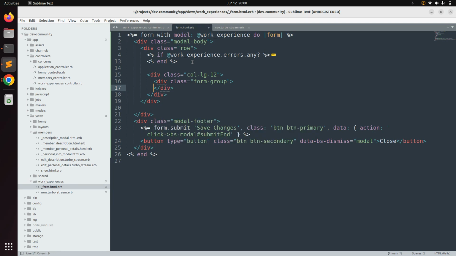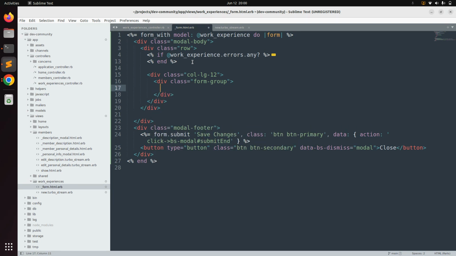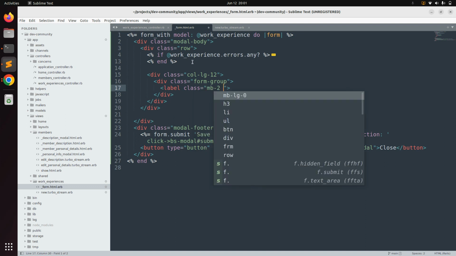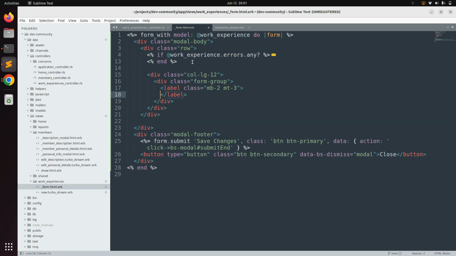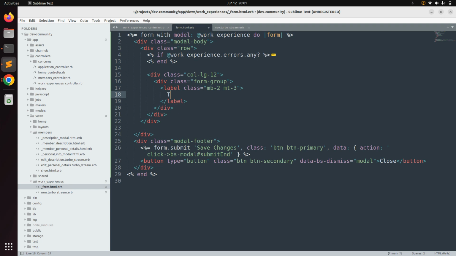Okay, and in this form group we need to add label tag. I'm using the html label tag here. If you wish, you can use rails label tag like form dot label. But I need to use span class within that label, so I'm using the html label tag here. So label, okay, class mb2 and mt3, break this label class, and here what we need to do, let the title, the title will represent the job